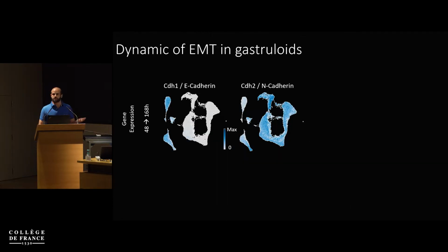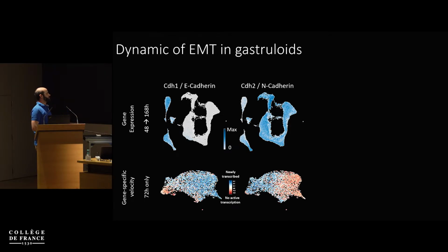So, as I mentioned in the first part, in the introduction, gastrulation is characterized by the emergence of cell movement. And so this is often seen as an EMT, which is characterized in part by the switch from E-cadherin, which is expressed in epithelial cells, to N-cadherin, which is expressed in mesenchymal cells. And so when you look at the transition from early gastruloids here to late gastruloid here, you can see that E-cadherin is switched off, while N-cadherin is switched on. And so this stage is actually when things seem to start.